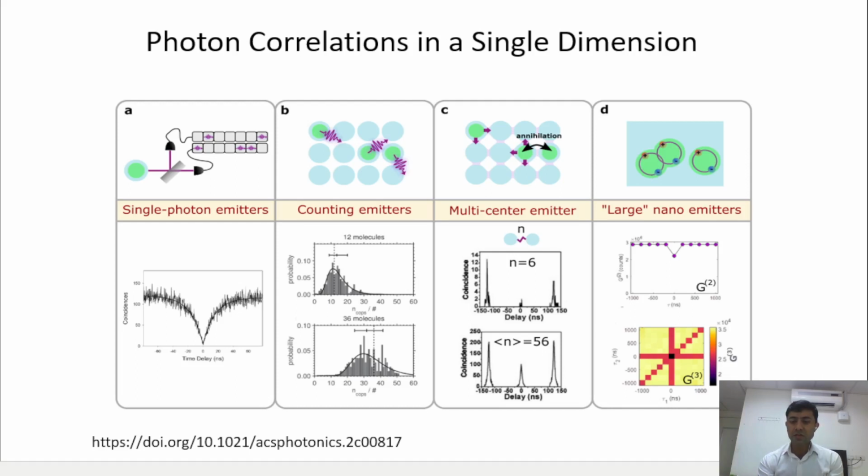If at least one of the particle dimensions is larger than the Bohr radius, then the mutual interaction strength is reduced because their electron-hole separation is increased. So in this case, the probability of photon pairs is increased. So as we can see here,